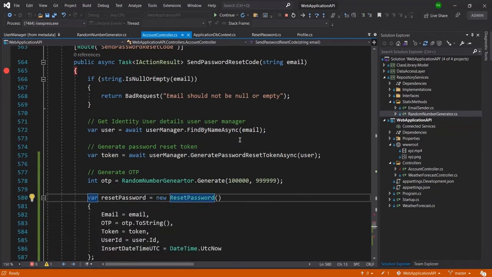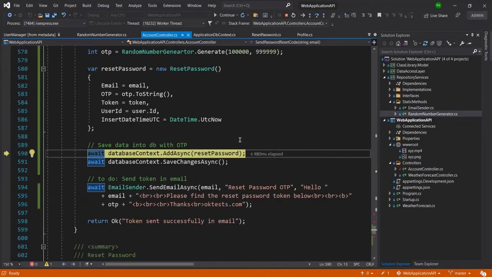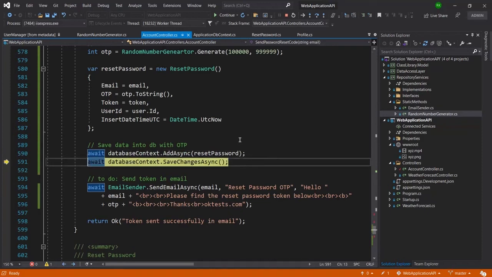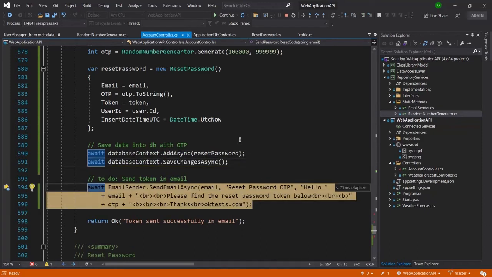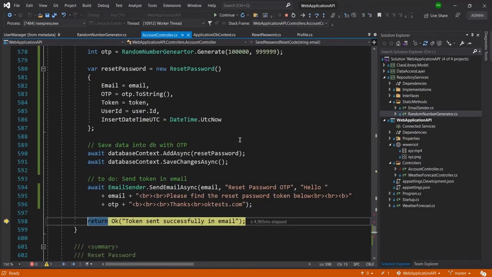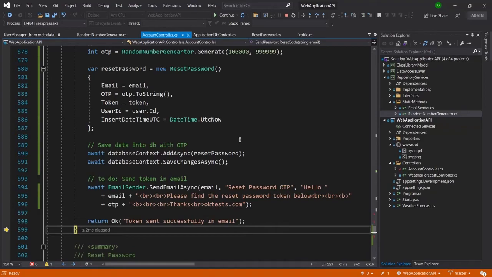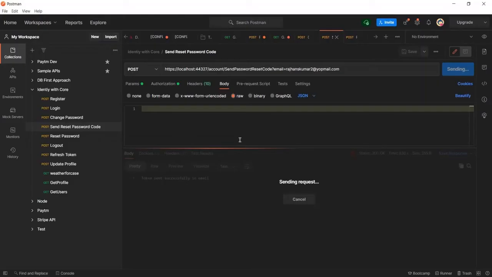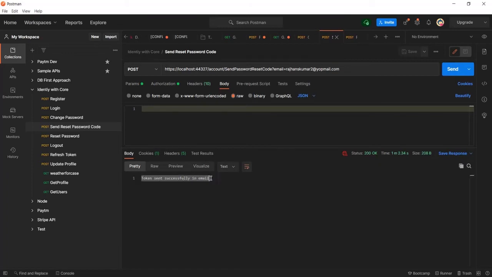Then I have created the object for reset password, I am adding it into the context and saving into the database. From this line I am sending the email, and now I am returning back to Postman. You can see I received the message: token sent successfully in email.